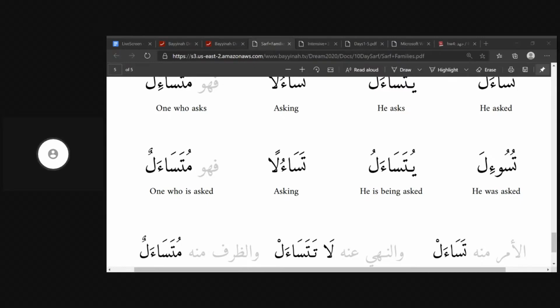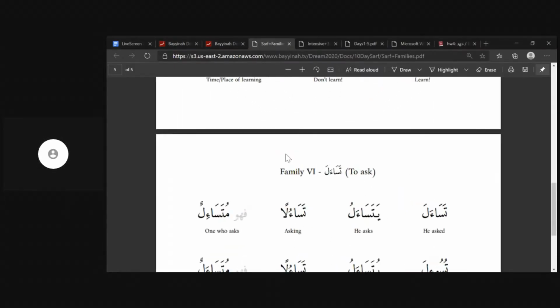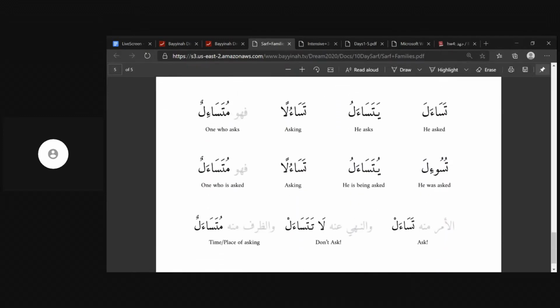Can I explain a bit more shape and content? So shape is just all of these different forms. Each of these different forms: past tense, present tense, masdar, ism fa'il, past passive, present passive, ism maf'ul, fi'l amr, fi'l nahi, and ism dharf. These are all different shapes, and the content inside of them is the root letters.